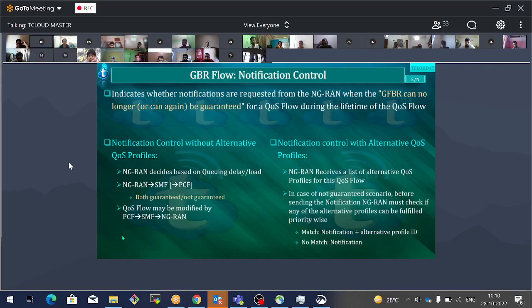Now there are two types of notification control. When the network is asking the gNodeB to create a GBR flow, notification control without alternative quality of service profile. When this is done, simply the gNodeB can either guarantee the data rate that is requested, or when it cannot guarantee the data rate that is requested, it will simply send a notification to the